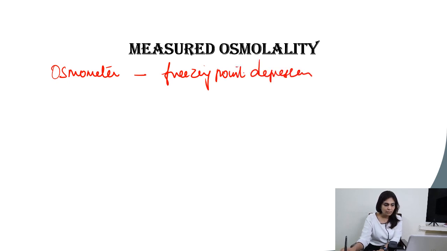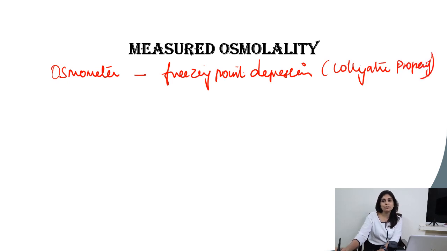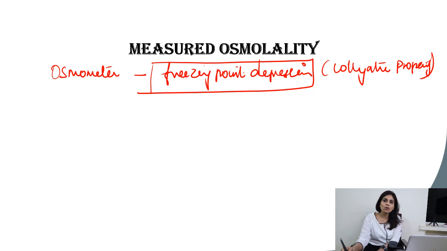because freezing point depression, similar to osmotic pressure, is a colligative property. Why have we discovered an instrument by name osmometer which works based on freezing point depression? Because freezing point depression, like osmotic pressure, is a colligative property. When we initiated this discussion, I said colligative property is something which is dependent on the number of particles rather than on the nature of particles. I'll explain this to you.